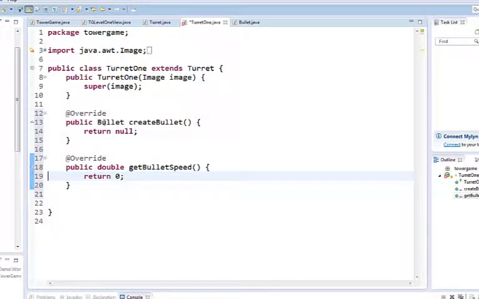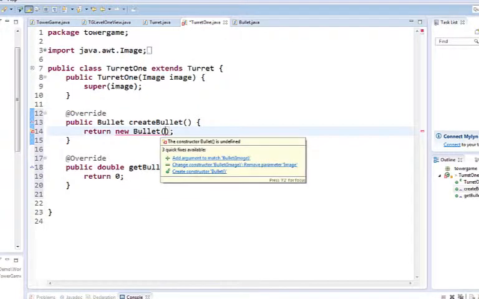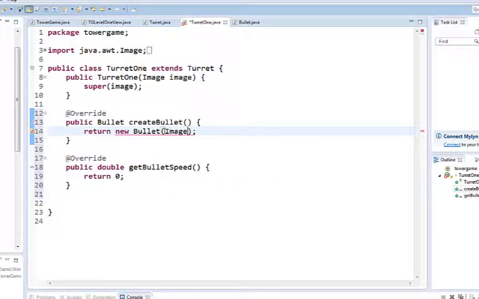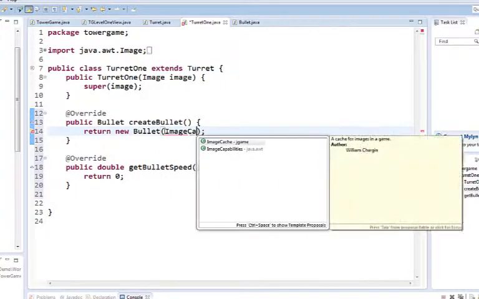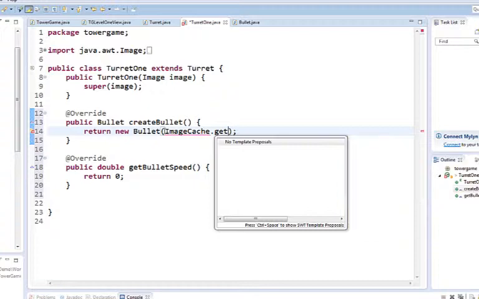Let's say public return, what I need to return here is a new bullet, and since I'm going to have bullet 1 through 5 eventually, but right now I just have bullet. Remember over here in bullet, I am sending in an image, I'm sending that to my super, and so when I create the bullet, I've got to create that image. And so just like before, I'm going to say image cache, and the image cache is going to say dot get image,